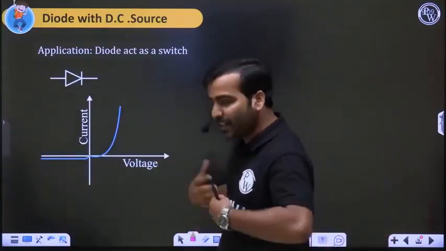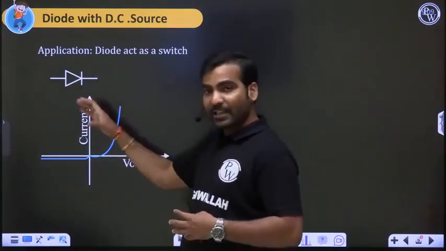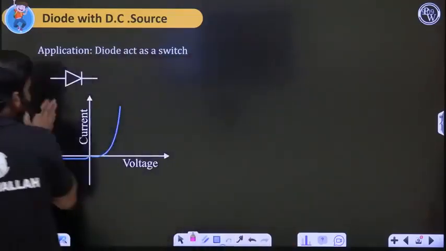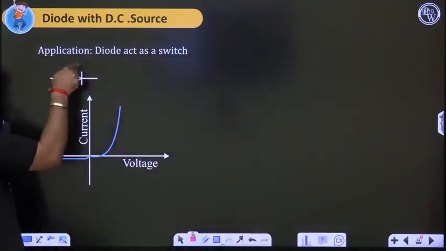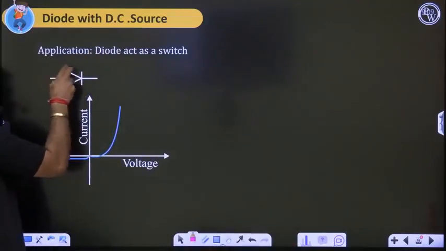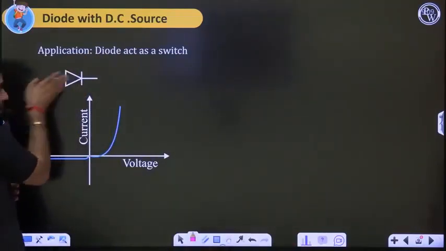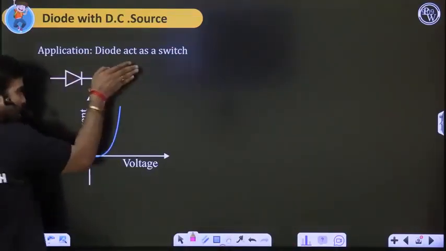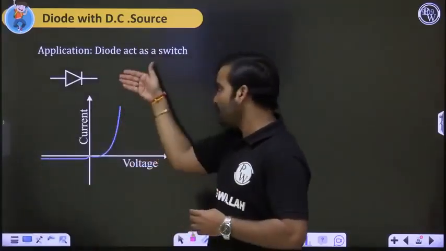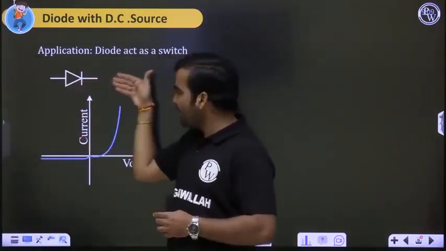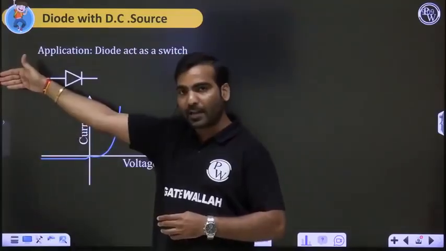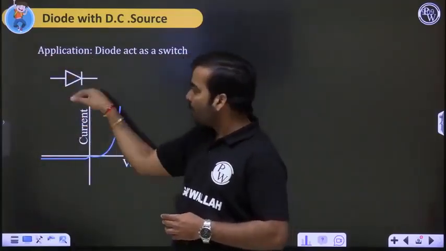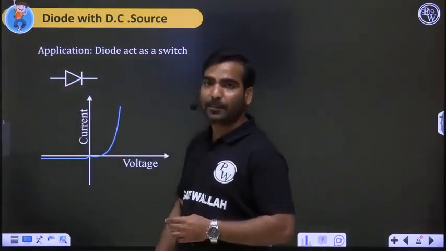The feeling is that this device says, I can allow current in this direction, because the symbol itself is saying it. The symbol's meaning is that it can allow current in this arrow direction, but it does not allow current in this N to P direction. Very negligible current can flow in the N to P direction. That is the meaning of this symbol of the diode.